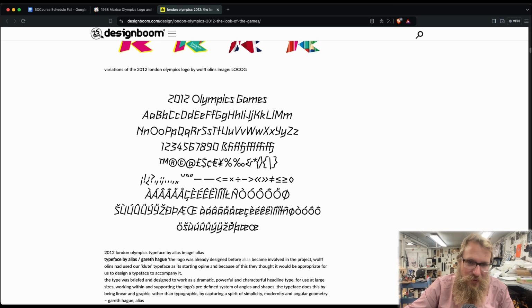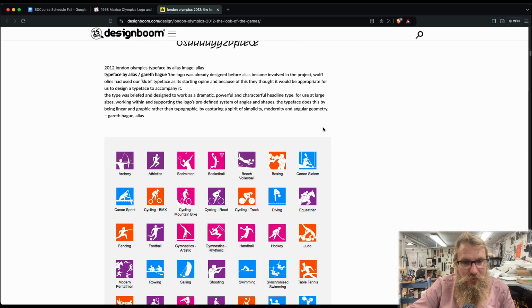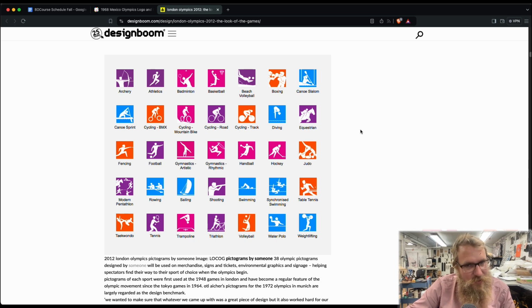And I was like, well, yeah, how do you solve it? If this is your D, your O is going to have to look exactly like your D. And you use the O a lot for Olympics. So they kept the ring for the O in the Olympics, but then the rest of the typeface doesn't really work with it that well. It's very strange. Then, of course, they had another problem, and that is all of these